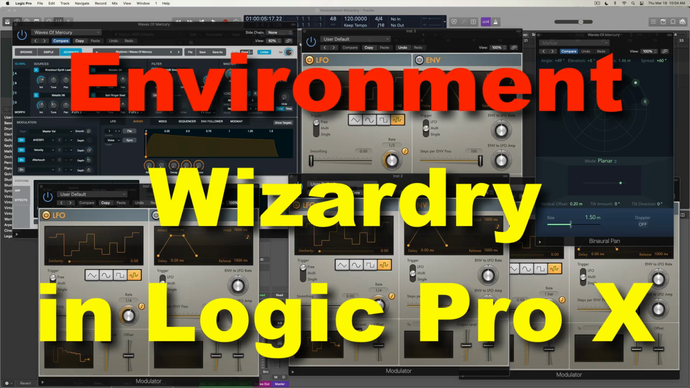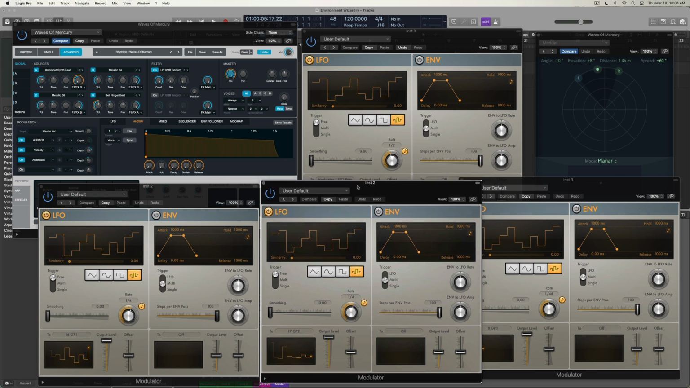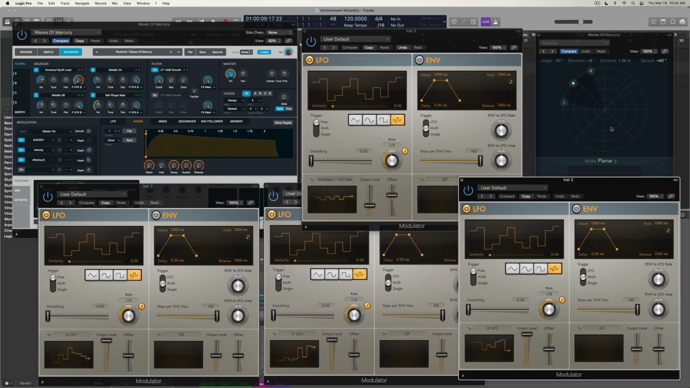Hey everybody, today we're looking at a little bit more of a complex setup here to achieve a certain type of sound. What I'm looking for is a lot of motion. As you can see, there's motion happening all over the screen here. All of these things are doing various things, and so I want to explain what they're all doing and why